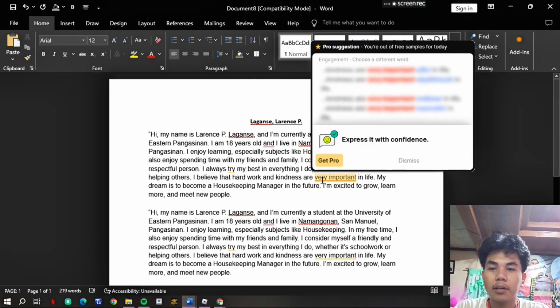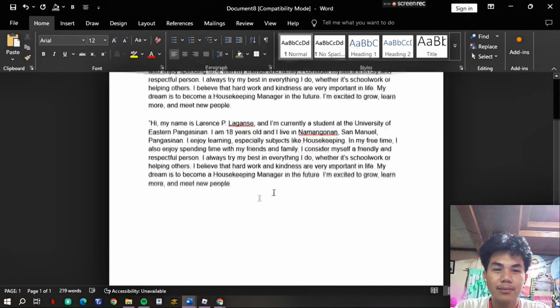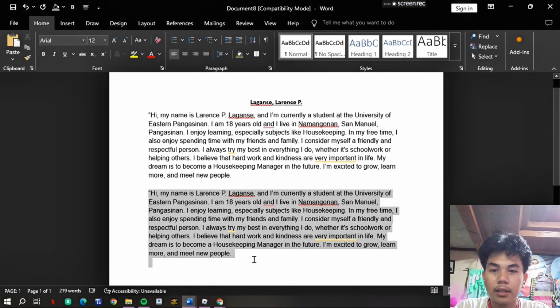Next is the second paragraph. Change it to Calibri and justified text.